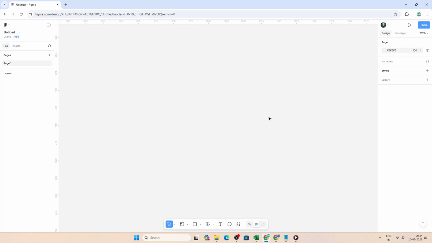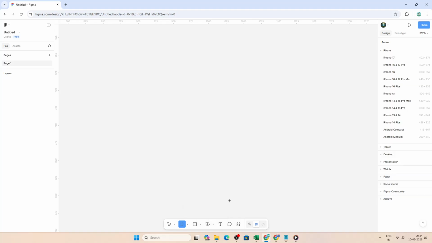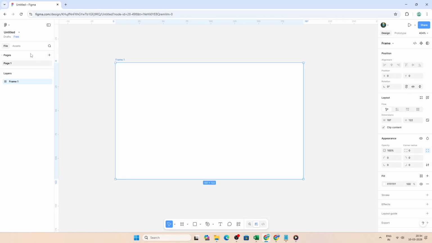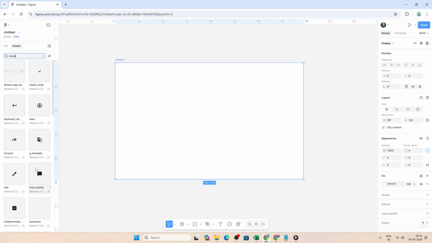Frames, accessed with the F key, act as containers for your design elements. Think of them as smarter groups. They hold layers, but also control positioning, resizing, and how content behaves. Click the Frame tool or press F, then draw a frame on your canvas or wrap existing elements inside a new frame. Frames help you organize sections of a design like cards, headers, or sidebars, so everything stays tidy and